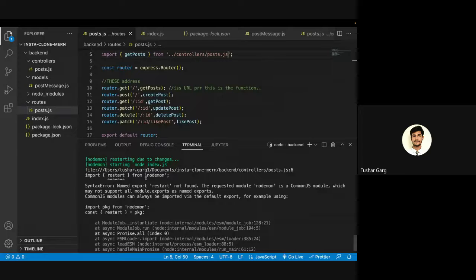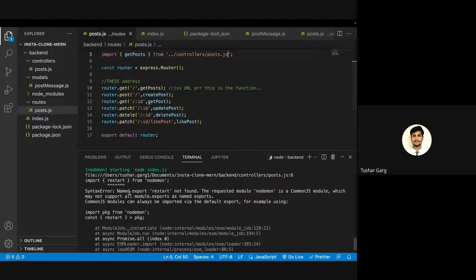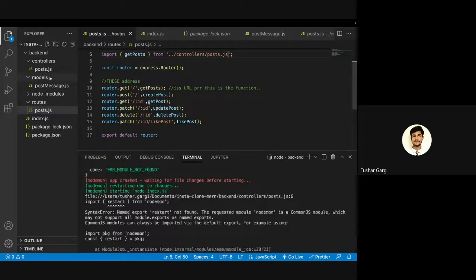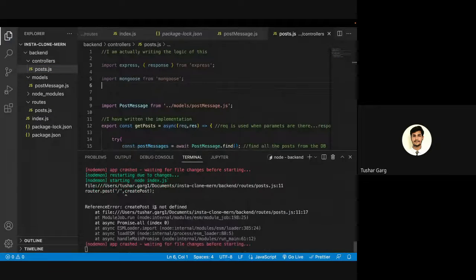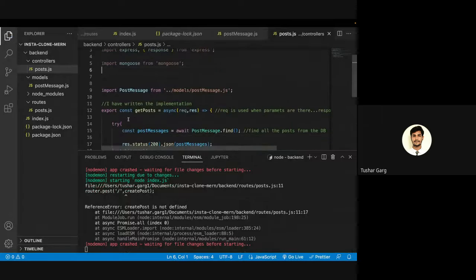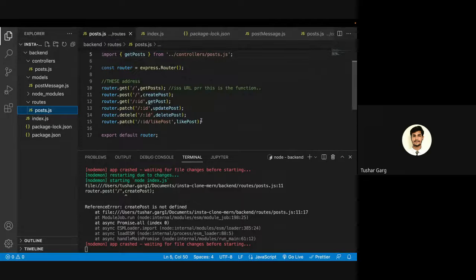Import restart from nodemon, क्या हो गया? कंट्रोलर पोस्ट.js. एक सेकंड. क्रिएट पोस्ट, मतलब बाकी सारे defined नहीं हैं अभी के लिए, बाकी सारे भूल जाओ, let's try to erase them. ठीक है। ओके